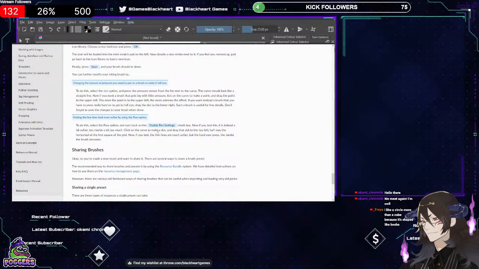Click on the curve to make a dot and drag the dot to the top left, halfway to the horizontal of the first square of the grid. Now if you test, the thin lines are much softer, but